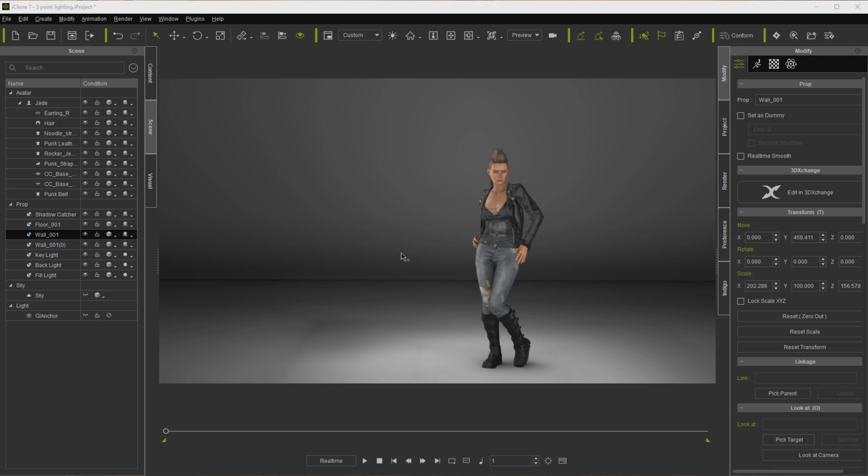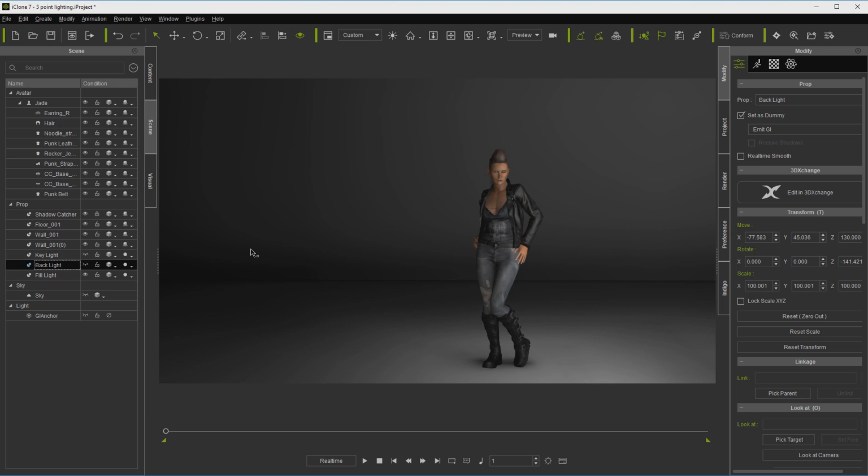Let's take a look at basic three-point lighting. Now there's a lot more to three-point lighting that we're going to go over here. But let's just look at the basics, because to me, particularly in this instance, like a still image, of course it works in video too, I use three-point lighting to combat harsh shadows and things like that. Now we have no regular lights in this scene. As you can see over here, this is just driven by GI. And if I were to just use one of the lights, like the fill light that I have on,